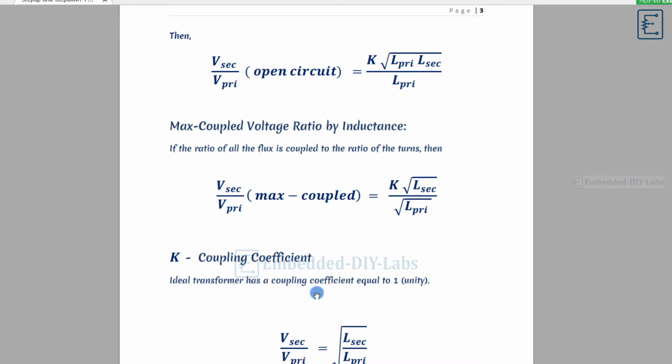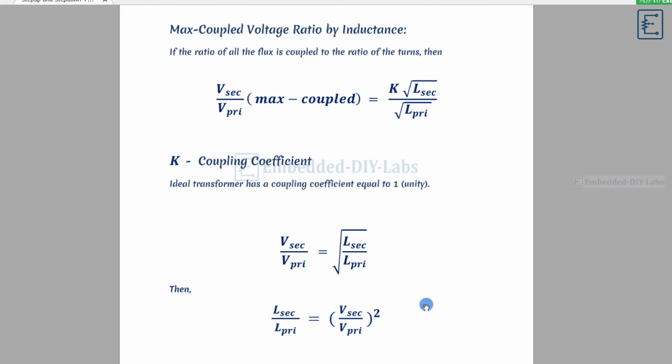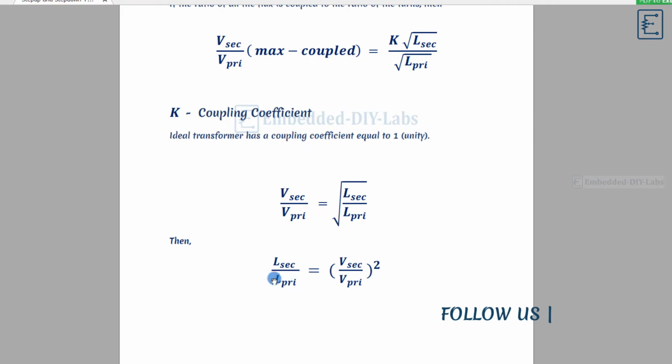For an ideal transformer, the coupling coefficient is equal to 1. Then the voltage ratio is equal to the square root of the secondary inductance by the primary inductance. After rearranging that, we get the inductance ratio is equal to the voltage ratio squared.